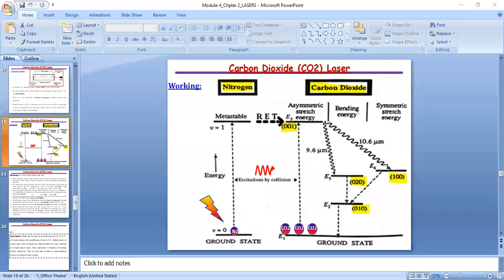Now you can see when I fuse this p-type and n-type semiconductor, then these energy levels will look like this. You can see the p-type semiconductor will have higher energy at the conduction band compared to the energy in the n-type material. The conduction band in the n-type material is lower than the conduction band in the p-type material. This you have to understand. And also the valence band in the p-type region is higher than the valence band in the n-type material.